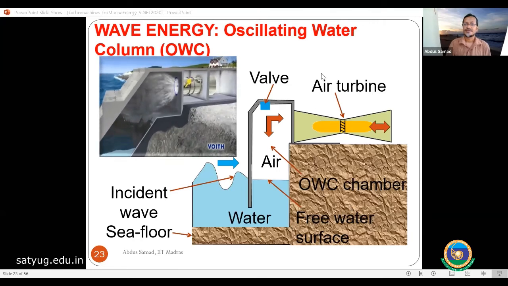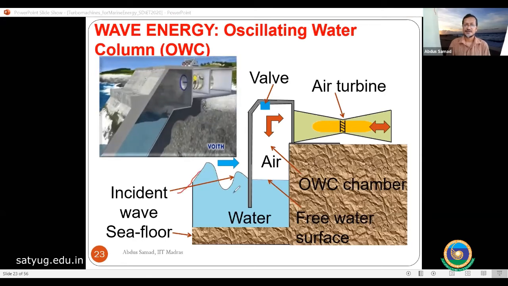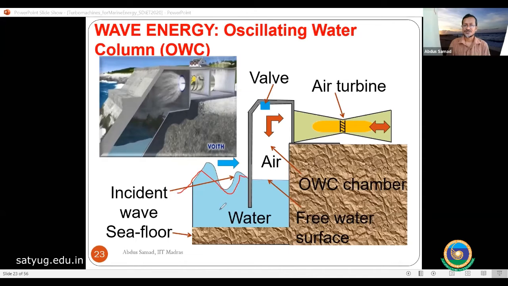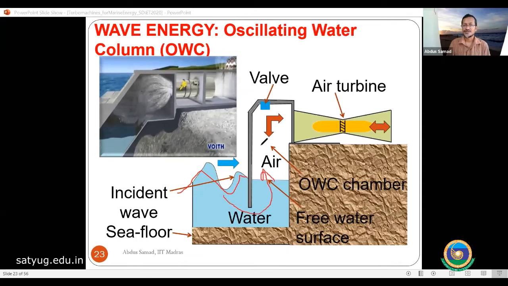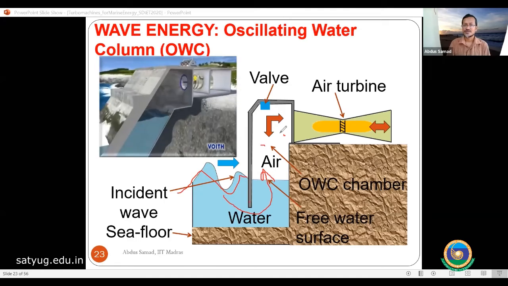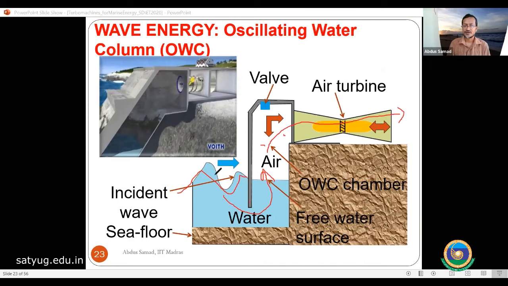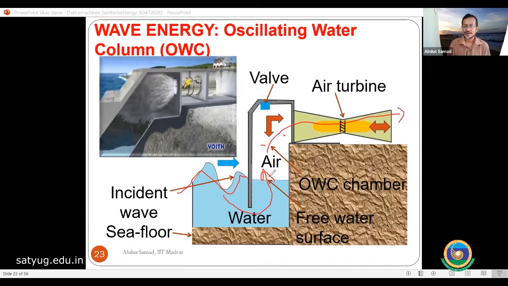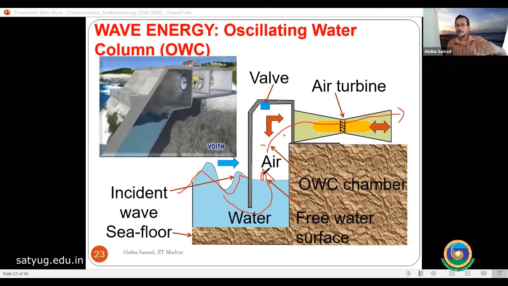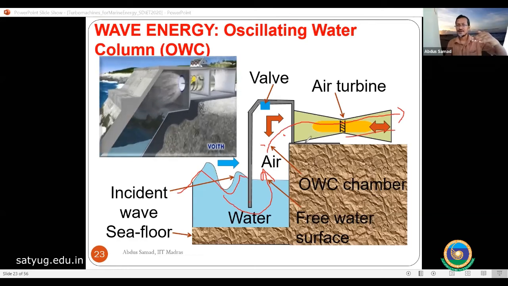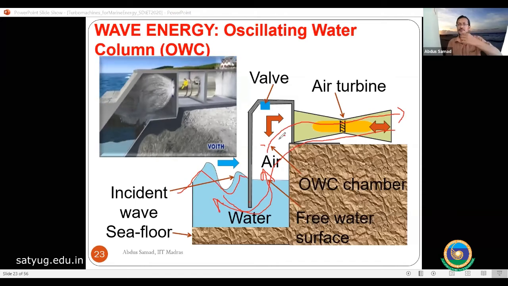In this picture, first you see the picture, the incident wave is coming, and this is one structure. The water will push in this area, and the air will be pushed out. This is a simple box, and air will be moving out if the wave is entering. The wave is pushing water here, so air will be pushed out here, and when the wave is going down, water will be exiting like this. So it is like we are breathing.